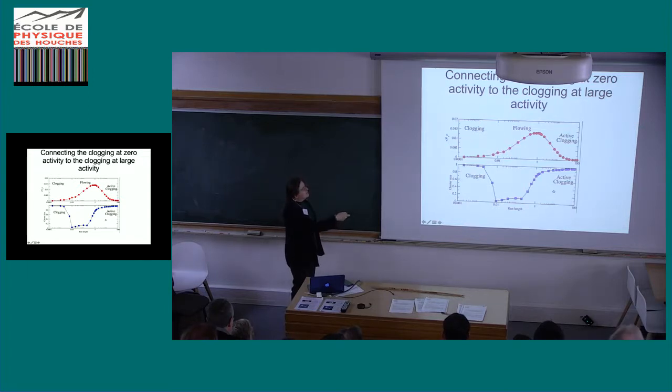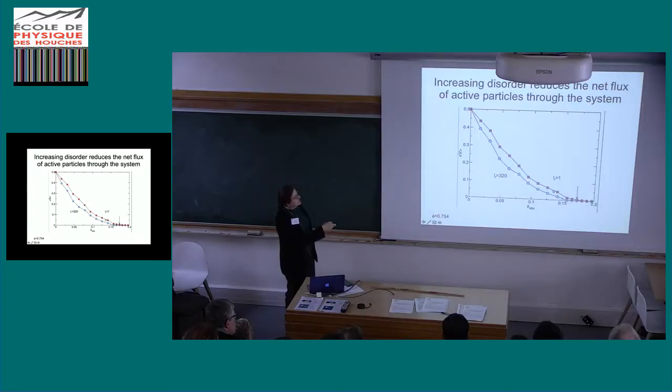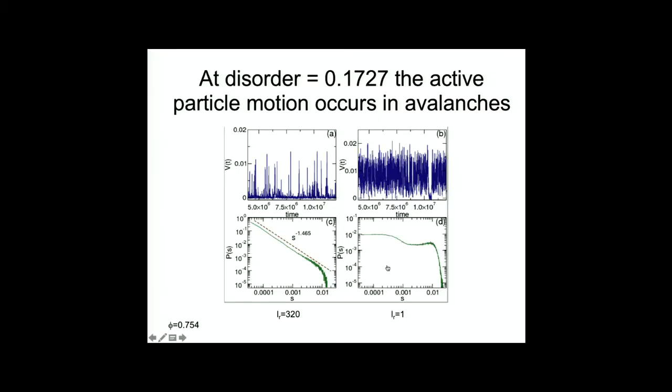And so I'm making a distinction here between the clogging and the active clogging. But actually, if we look at the fluctuations of the motion in these two states, there's a very interesting difference. This is as a function of obstacle density. This is for essentially the granular limit, where the velocity is going to 0, and this is for the active limit, with relatively long run length. If we look down here when the velocity is almost 0, so we're almost clogged, this is granularly clogged and this is actively clogged, the velocity fluctuations are really different for the two cases.